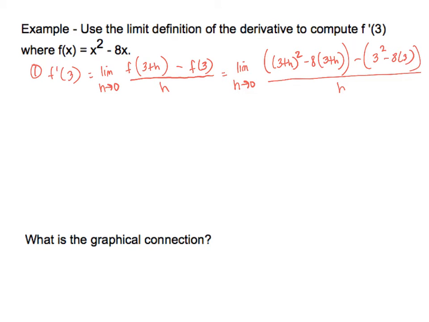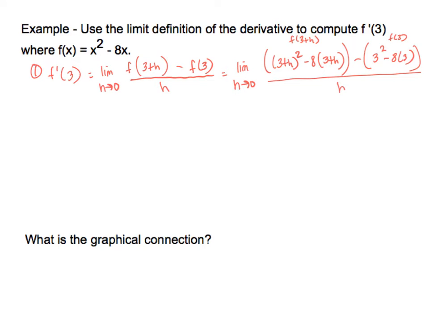So we still have on the left here f of 3 plus h, and on the right f of 3. So now our job is to expand this really carefully with our algebra skills and simplify, combining like terms. When you do these problems correctly, all of the non-h terms in the numerator should cancel each other out. Okay? We're looking for that indeterminate factor, and in this case, we're looking for an h over h